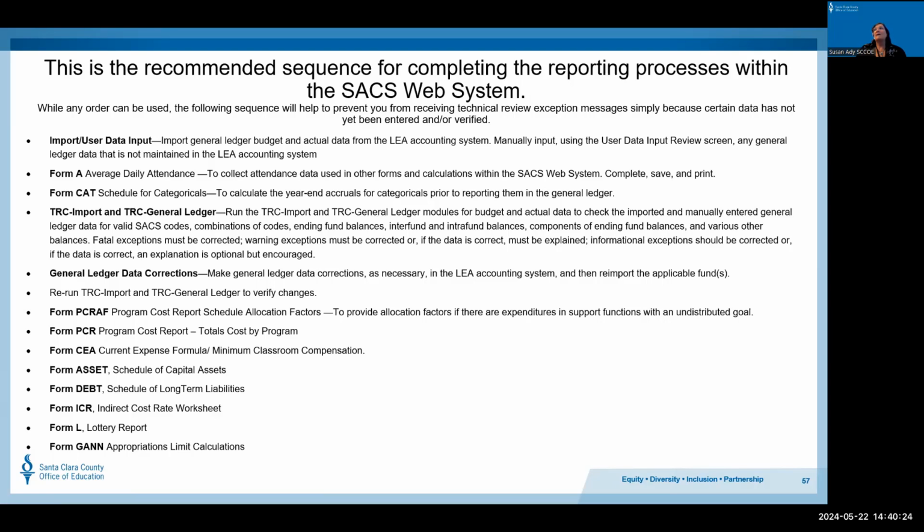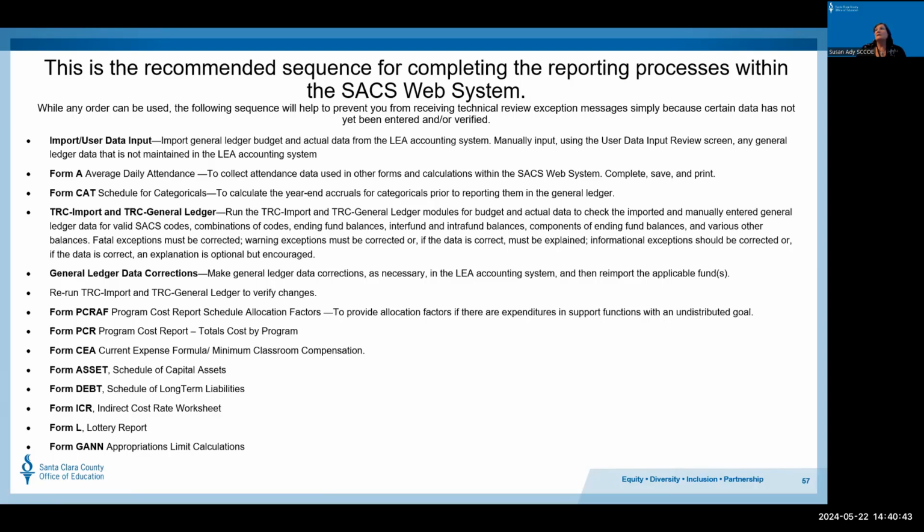Then work on your CAT forms, which is the schedule of categoricals. These are really helpful forms to help you determine how much you might need to be setting up for future reference. So any ARs you might need to set up as well.